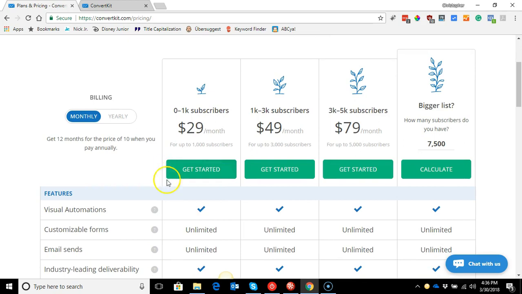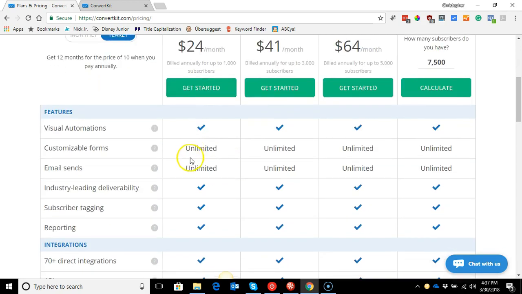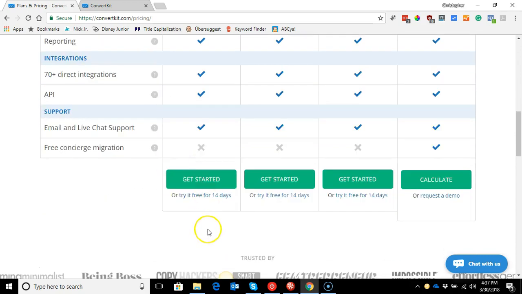But you can get a 14-day free trial to test it out, check it out, see what it's all about. If you do the yearly plan, you can save a few more dollars, so now you're pretty close to $20 if you pay $24 a month all up front for, just trying to think how much that is. It's just slightly less than $300 a year. I'm just doing the math in my head, which is probably not a good idea, but